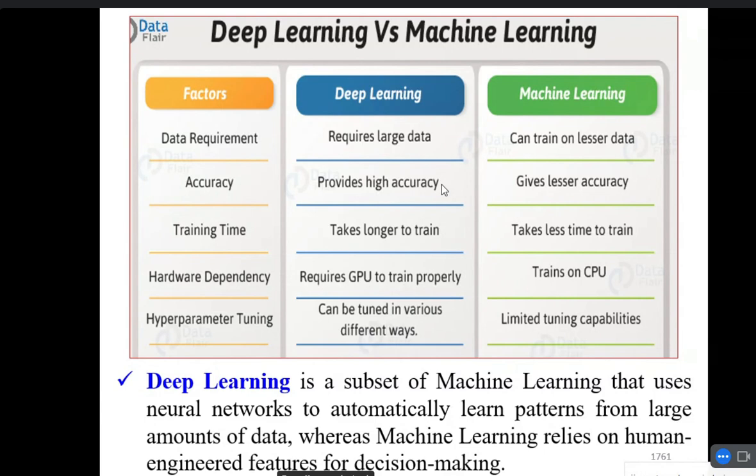Hyperparameter tuning: deep learning can be tuned in various ways, while machine learning has limited tuning capabilities and parameters. That's why deep learning is a subset of machine learning that uses neural networks to automatically learn patterns from large amounts of data, whereas machine learning relies on human-engineered features for decision making.